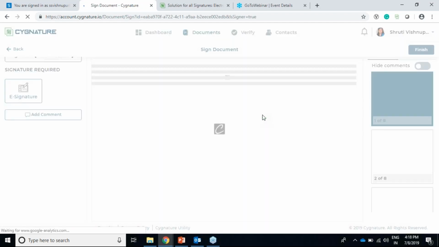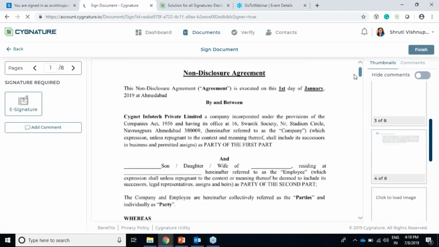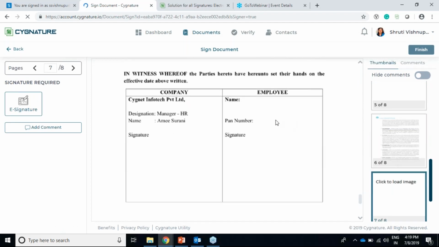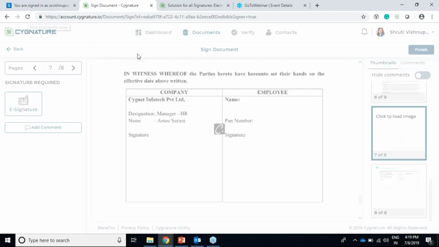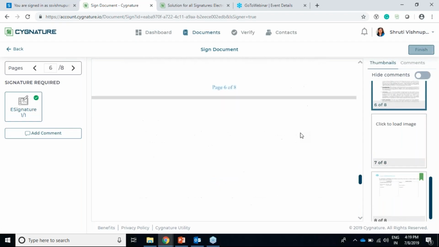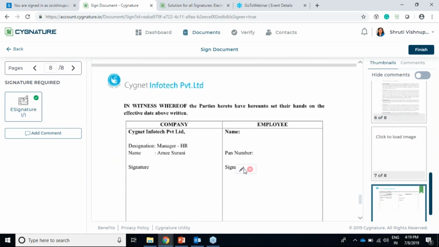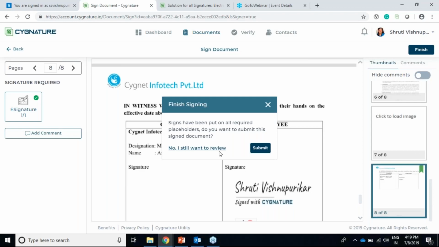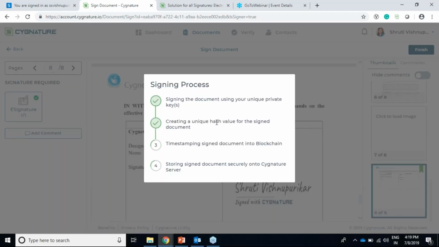And now once the document is signed, I'll be able to see the document only through my email and not through the signature application. So this is the signing process happening.